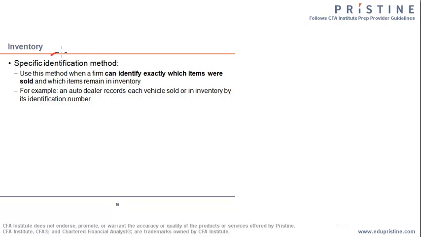The next important topic is how do you account for cost of goods sold, which is basically the purchase price of an inventory, and how that inventory consumption is matched with revenues. The first method is the specific identification method, which says use this method when a firm can identify exactly which item is being sold and which item remained in the inventory. For example, an auto dealer knows which car it's selling, so each car can be identified, and hence a specific identification method can be followed by a car dealer for accounting for cost of goods